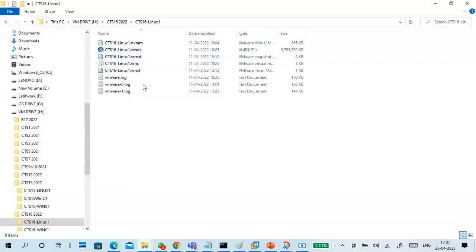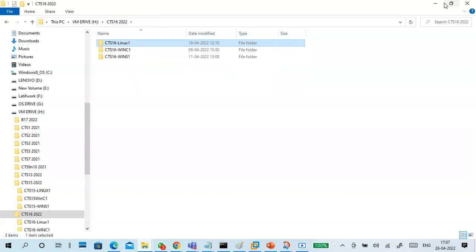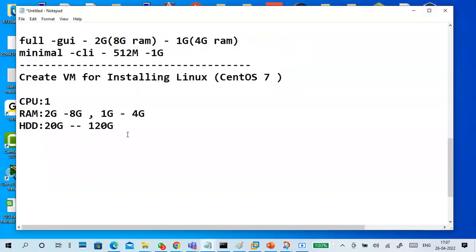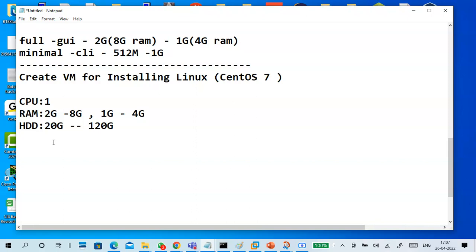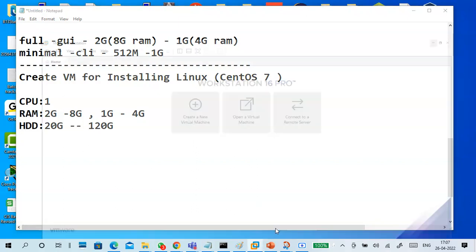I used it for only 1 day for 16 batch. Nothing is installed inside, just voice is installed, that's it. Only one or two commands, not much data in it. That's why it is showing 5.5. So it doesn't take more space. 20 GB hard disk space is also enough, but take more space for a virtual machine because we want to practice so many things. We'll do it. So CPU, RAM, hard disk, that is what we are taking.